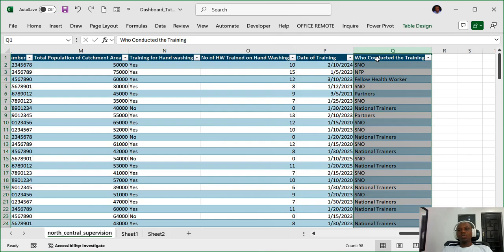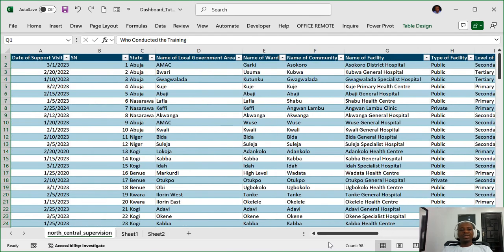Now, this is who conducted the training. All right, this is the complete data set. The analysis we have at the dashboard may not be as precise, as complete as one may assume, but at least it is fair. So to proceed with this, we